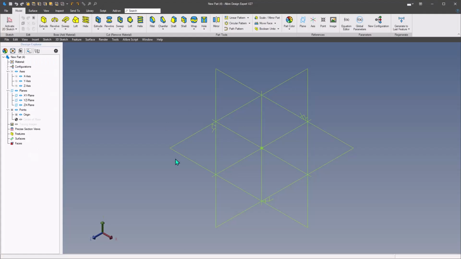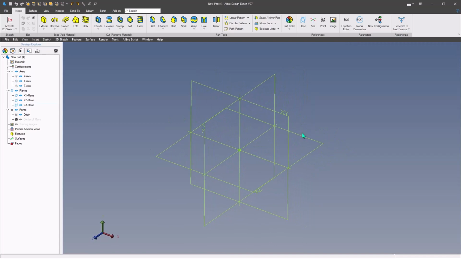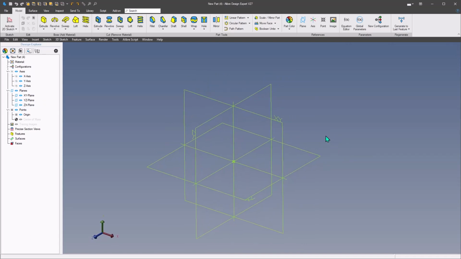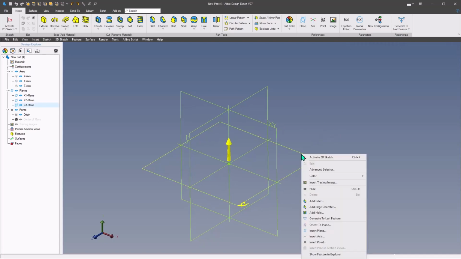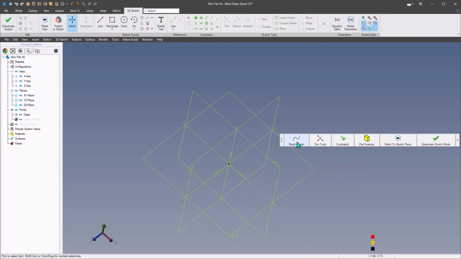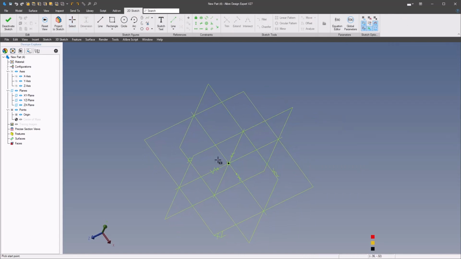But what I'm going to do today is take it to another level and show how to add parameters to it, and go from a flat bar stock and add a couple of different features to make it maybe a little more usable, or useful rather. So let me start a sketch here on the ZX plane, and I'm going to do a